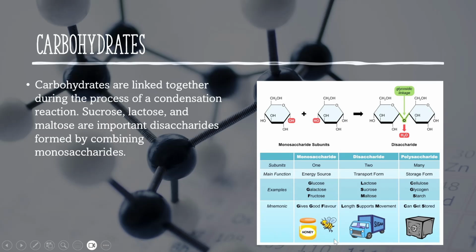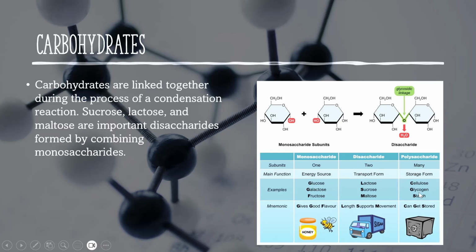Monosaccharides are what your body requires. So they'll break down disaccharides and polysaccharides into these simple sugars for us to be able to use them. Gives good flavor is because monosaccharides tend to be much sweeter and more palatable to our tastes than disaccharides or